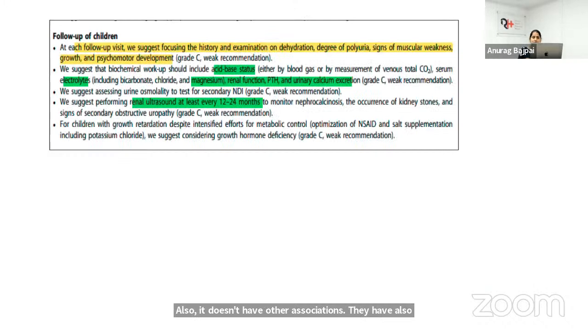They have also given the guidelines regarding the follow-up visits. So we should also look for the dehydration, degree of polyuria, signs of muscle weakness, growth and psychomotor development during each visit, and do the biochemical workup like acid-base status, magnesium, renal function status, PTH and urinary calcium excretion, and do the renal ultrasound at least every 12 to 24 months